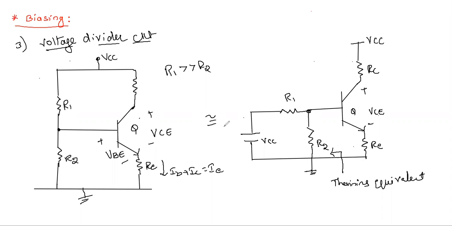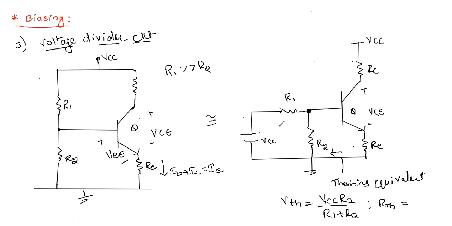Equivalently, we can draw the circuit as, see this VCC, we can separate it and draw it in this way. This is VCC, R1, R2. So as usual the remaining thing. Now I will apply Thevenin's equivalent over here. The Thevenin's voltage, looking at this node, VTH is given by VCC into R2 by R1 plus R2, and Thevenin's equivalent resistance RTH is given by